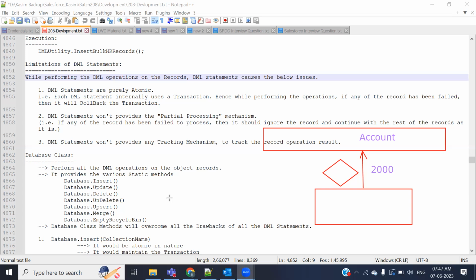Yesterday I told you that I'm going to have that discussion where you would require partial processing, especially with integration. Whenever we are doing an integration, we cannot every time say that the data coming to us would be all good. Why? Because that's coming from an external resource and we don't have any control over it, isn't it? Whenever something is coming from beyond our organization, we cannot say that it has